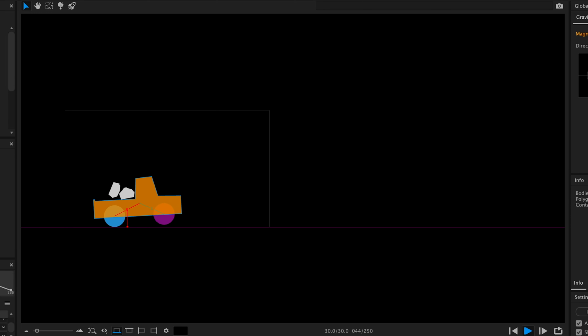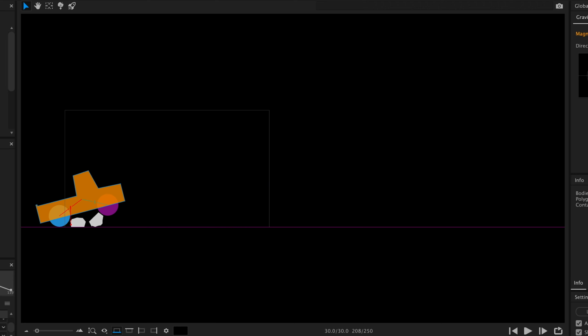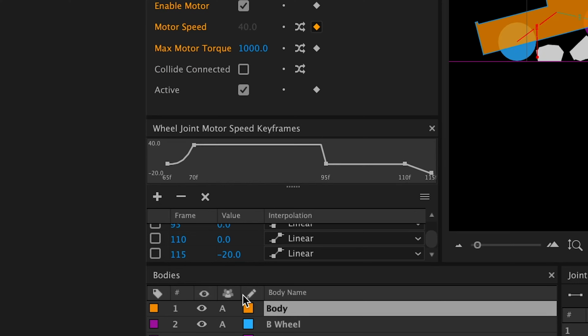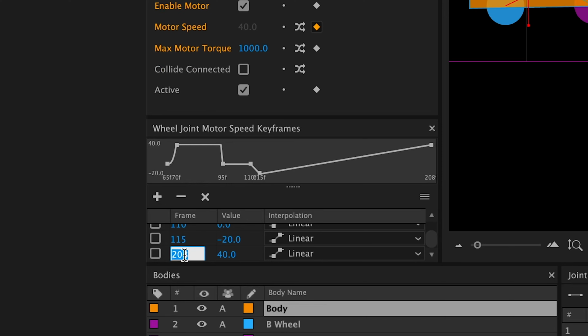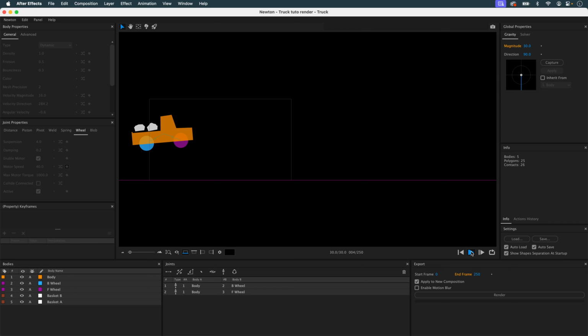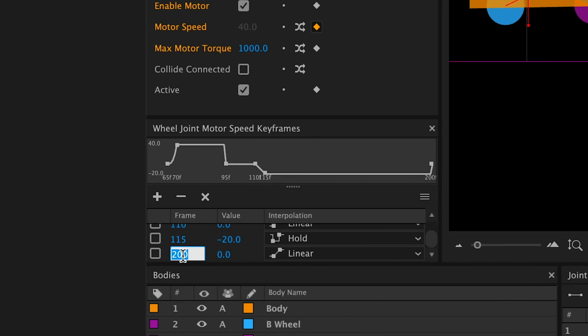What's it going to be? It stops and then steps back. And then we'll make it stop again. So that would be around frame 200. It'll stop abruptly. He's a bit of a reckless driver. So it moves forward, it stops, and it moves back. Let's wait for it to stop. We'll do 180.